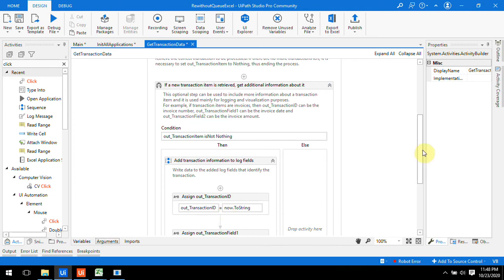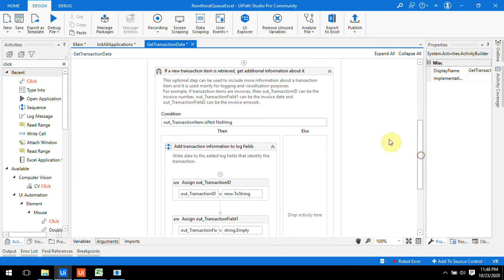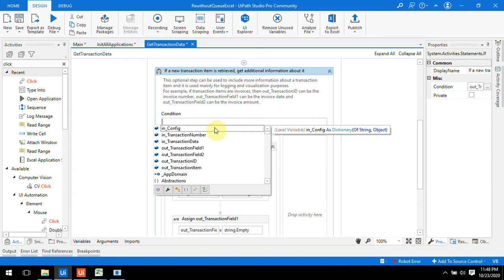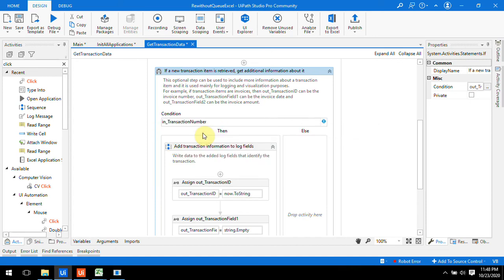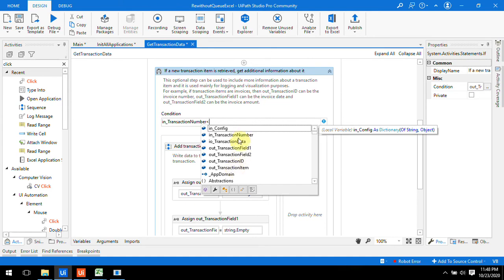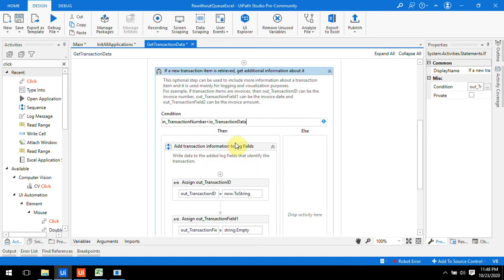Now in the Get Transaction Data state, we have to make one condition: if transaction number is less than our transaction data count, transaction data dot rows dot count.